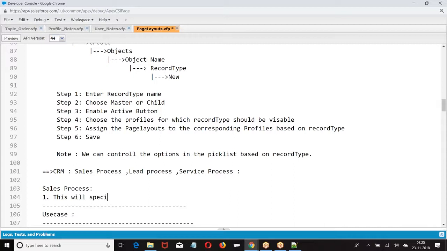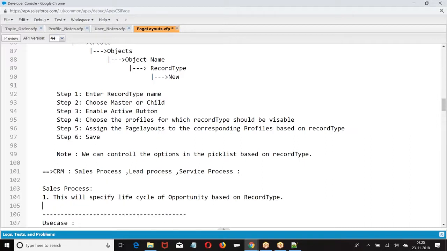This will specify the life cycle based on the record type we have selected. What are the options?